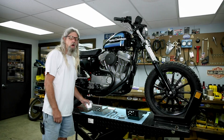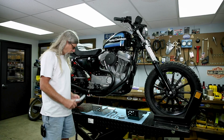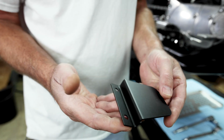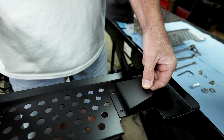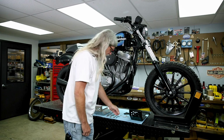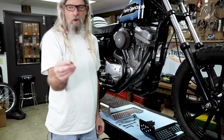All right, your new Lowbrow custom skid plate's going to come with a package of hardware. It's going to look like this when you get it, but when you open it up, you're going to find a bracket for the rear. It's actually just going to attach to those two holes right there. And you're going to find these two button head fasteners for that and a couple of nylocks because we don't want things falling apart going down the road. And then the front's going to simply attach with one bolt,